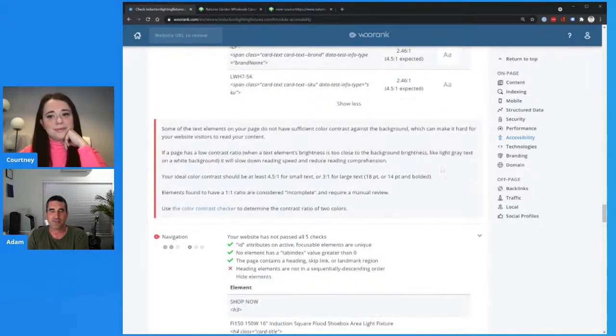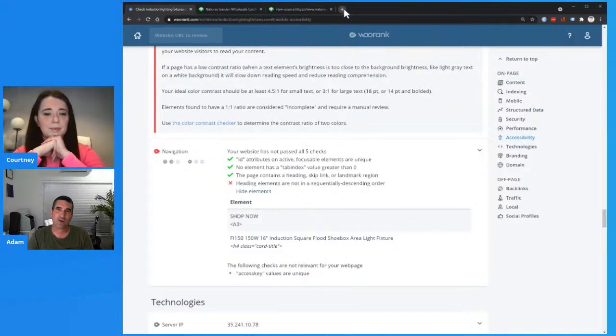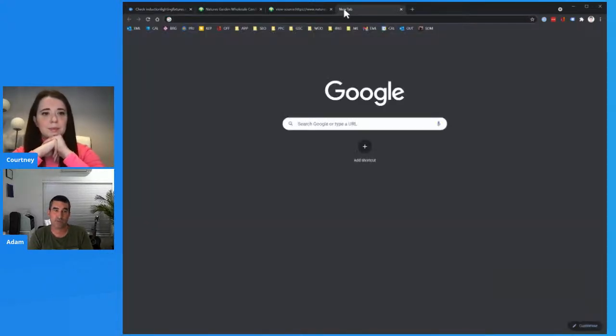So if we now scroll down to the navigation section and take a look here, the most common issue you guys are going to come up against is this part failing. Not failing, but just not getting a 100% approval. And that is, again, what I mentioned before, the semantic formatting of some elements. So the best way to describe why this is important, and first what is actually happening here, is